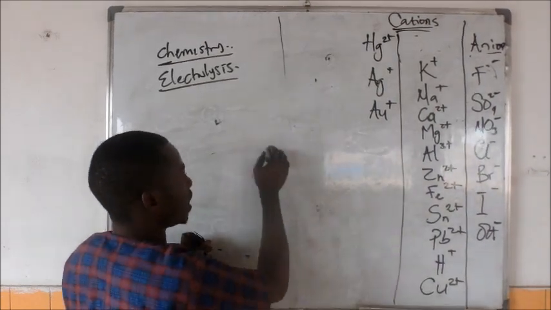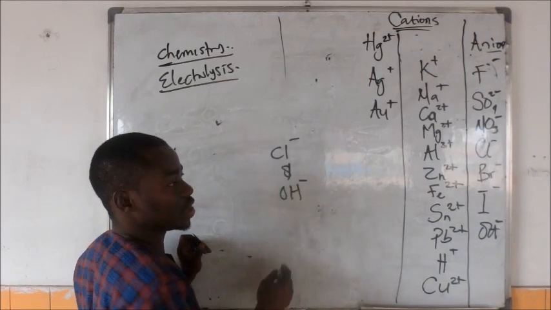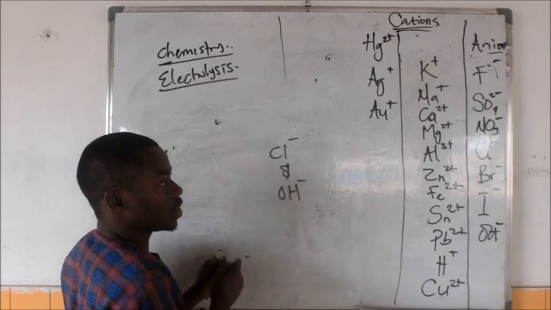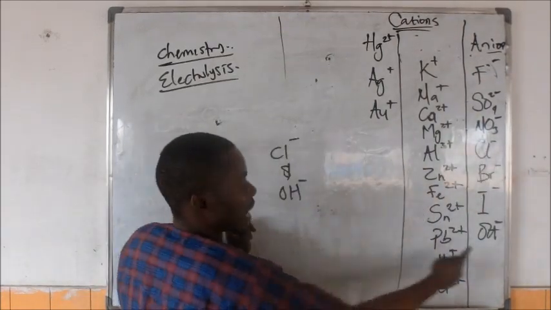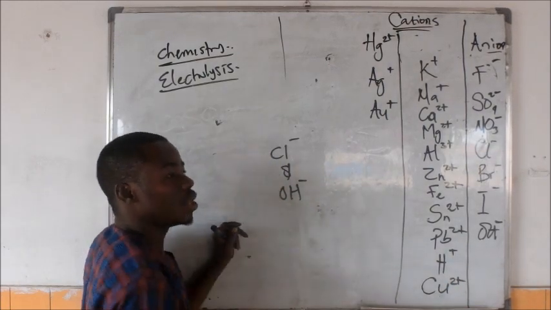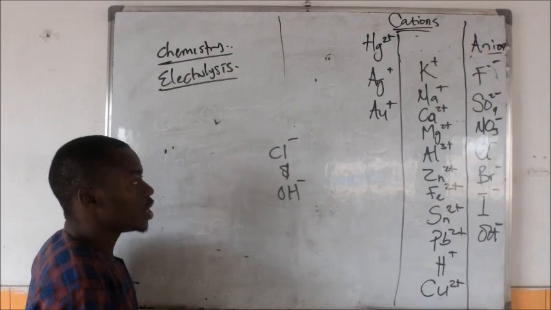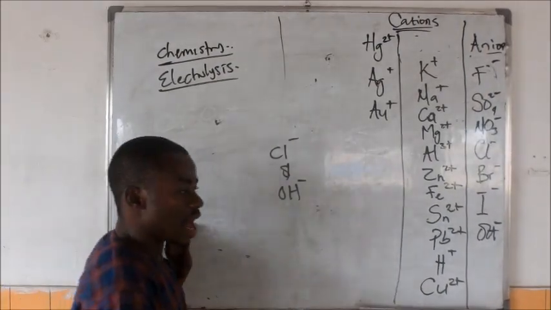Say you have chlorine minus and OH minus in the solution. Under anions, this is chlorine minus and this is OH minus. You have these two ions. During the process of electrolysis, only one of them will get discharged at the end of the